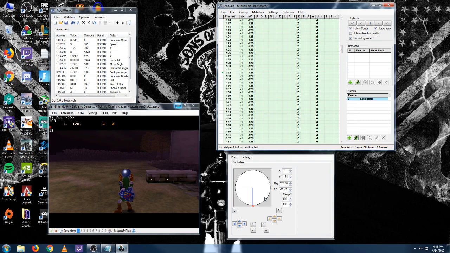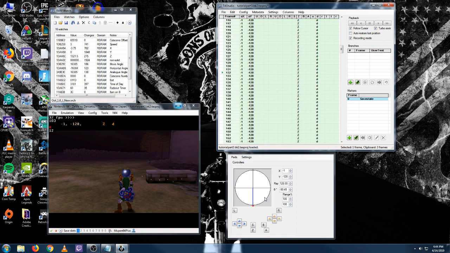This program isn't perfect, and it's just the way it is. So save frequently and make a lot of backups. That way, if your movement somehow does desync, you might have an older version that works. That's why branches can be particularly useful too, because if you lose a lot of progress, you might be able to go back to a branch that had the inputs done correctly and at least salvage the